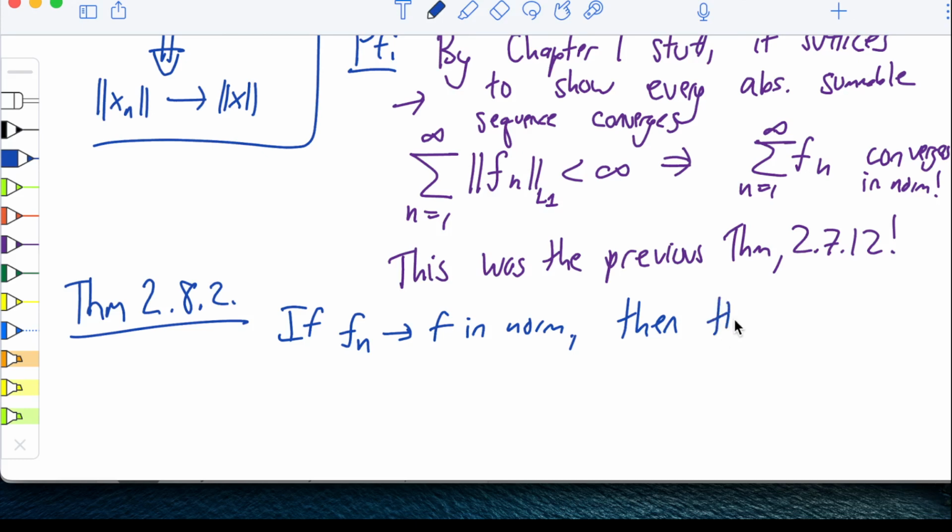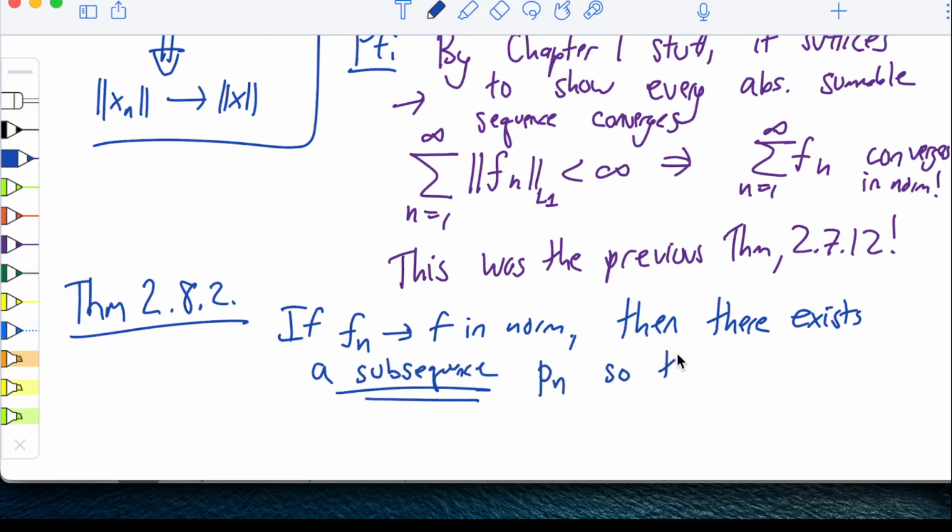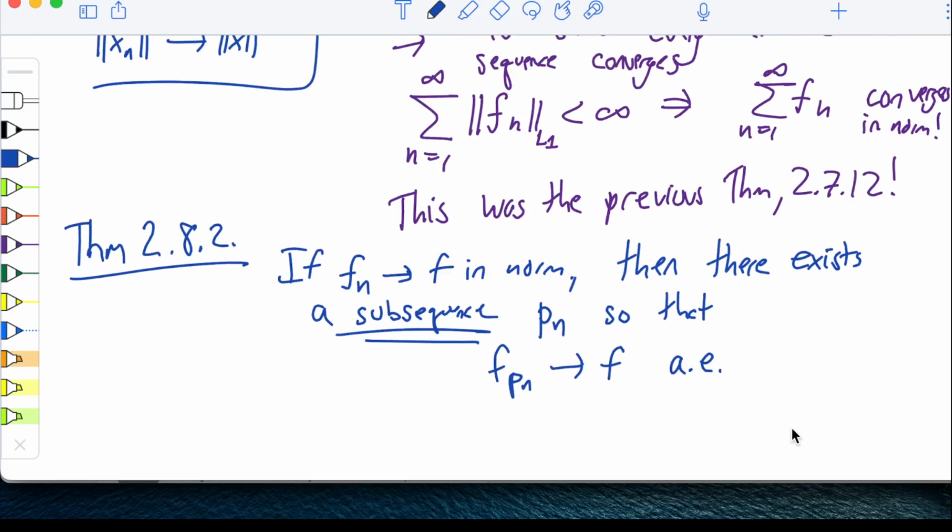Then there exists a subsequence, I'm going to call it Pn to match the textbook notation, so that fPn goes to f almost everywhere. So it's not true that the fn's will go to f almost everywhere, but some subsequence of them will converge